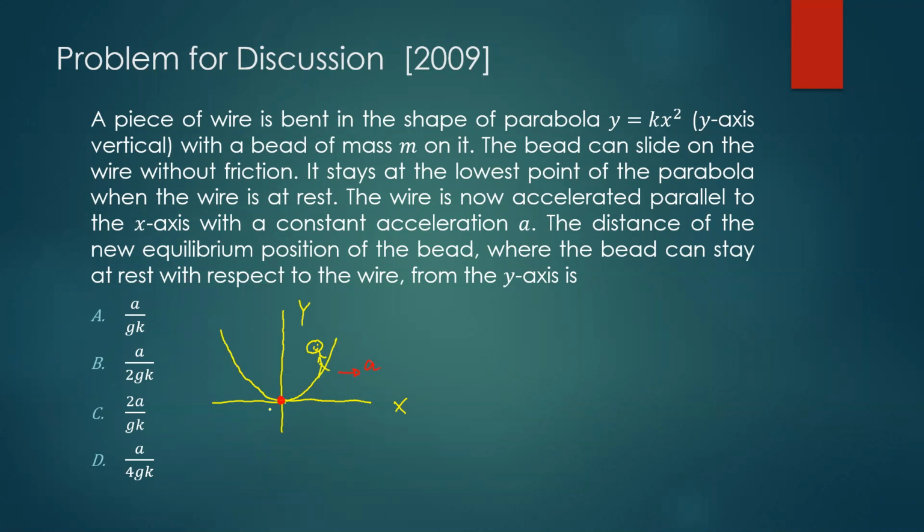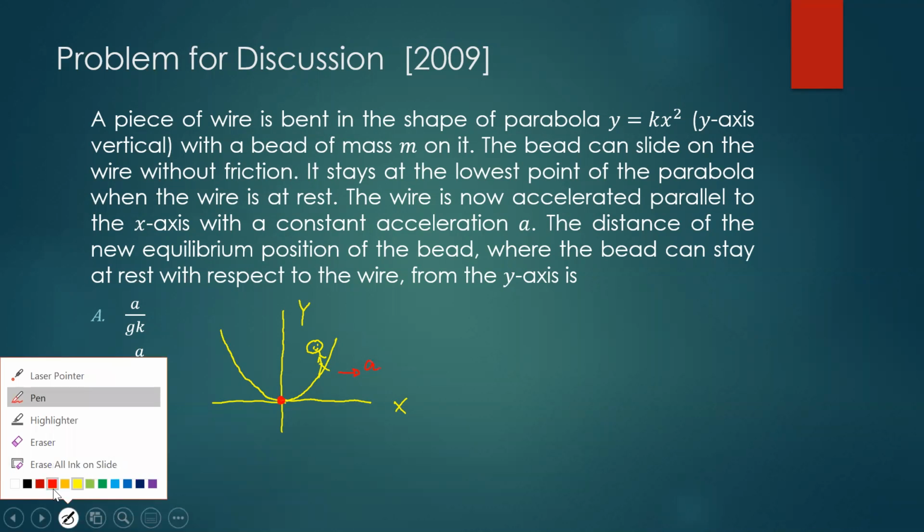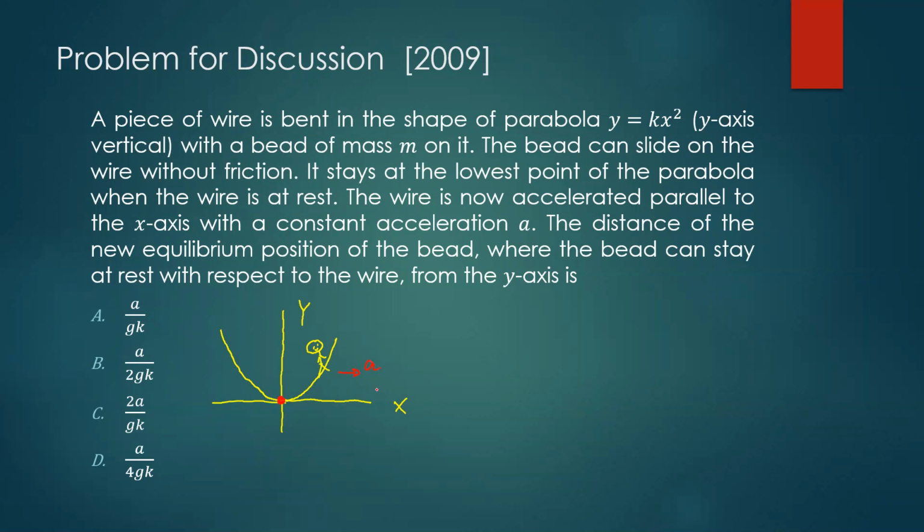So he will say that there is a pseudo force acting on the particle. Now pseudo force always acts in the opposite direction of the acceleration of the frame. So that's the pseudo force. The magnitude of the pseudo force is mass of the object being analyzed multiplied by the acceleration of the frame. So you're going to apply a force ma to the left. Okay, so are you okay so far?